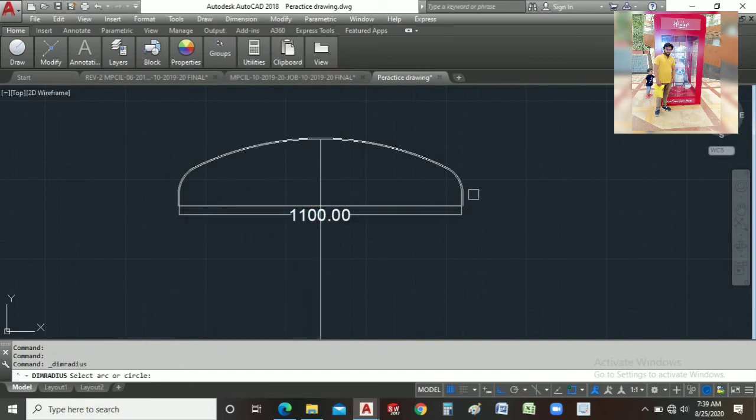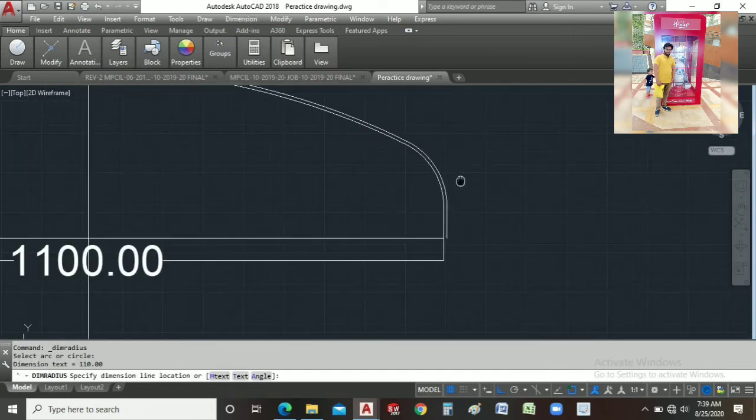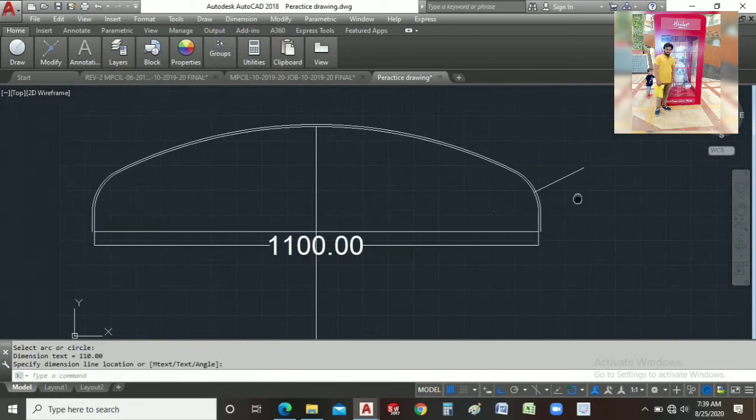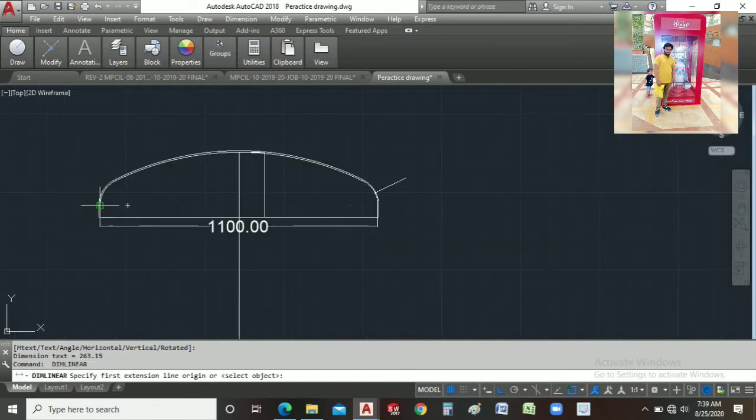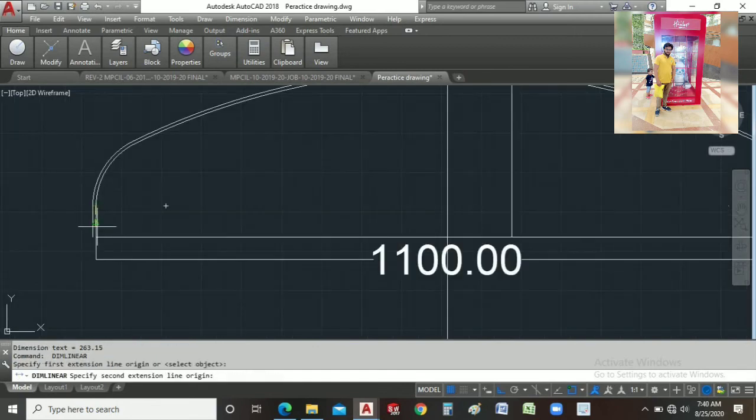Our radius of this is 110. And increase the size of this also. Our linear distance from this point to the upper line is known as the height. And we also need to know this distance, which is known as SF. SF stands for straight face.